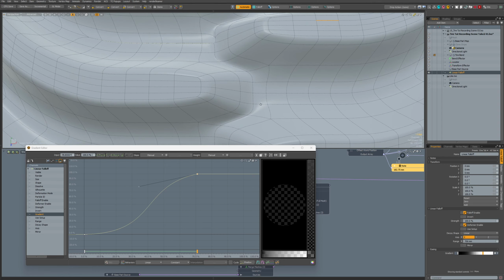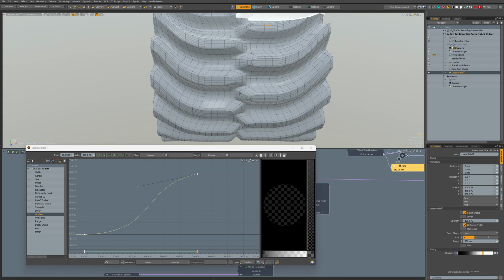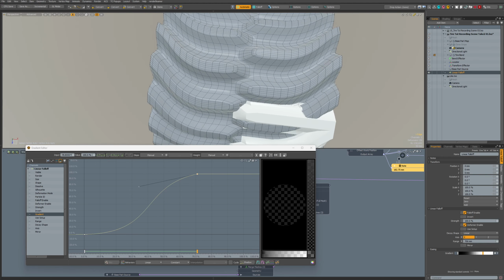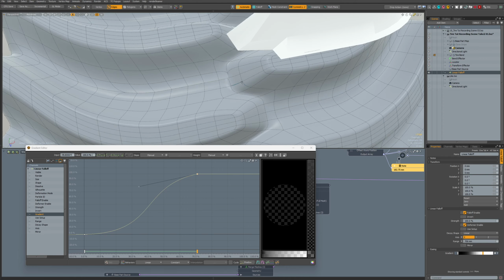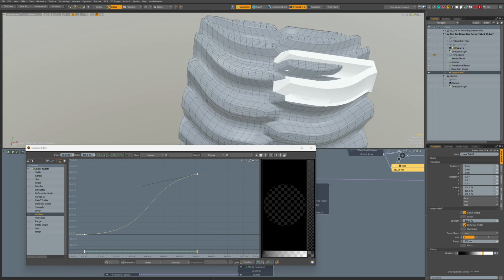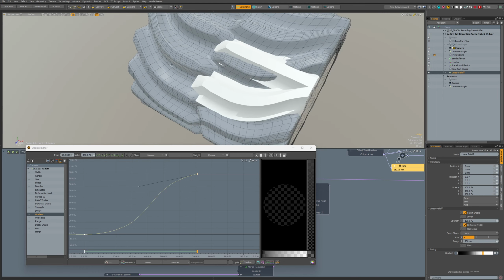Now it works better, but there's some problem. Why is there that one that doesn't work? Maybe fix it later.